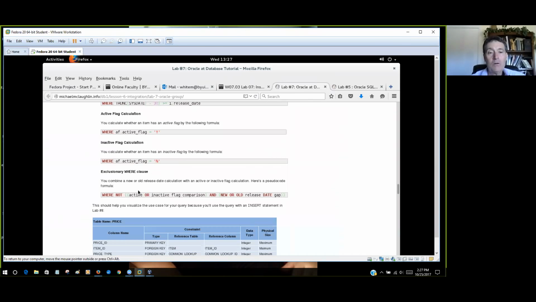Okay, so look right here. Here's your where not. Now, this is a little more complicated than it needs to be. You don't need the active flag or inactive flag comparison. So where not af.activeFlag equals N. This isn't code right here, right? He's just telling you in words: where not af.activeFlag equals N, and